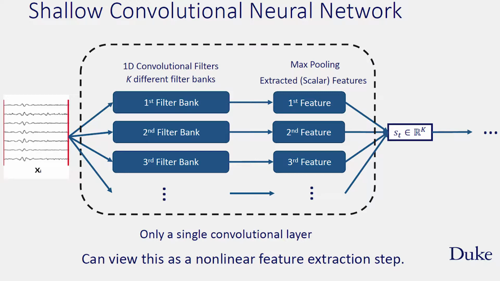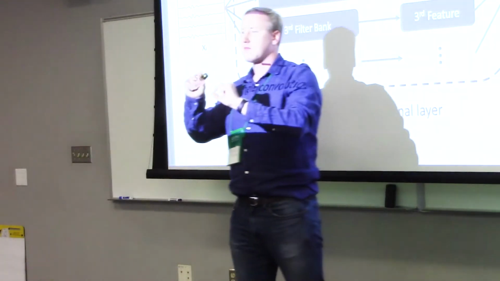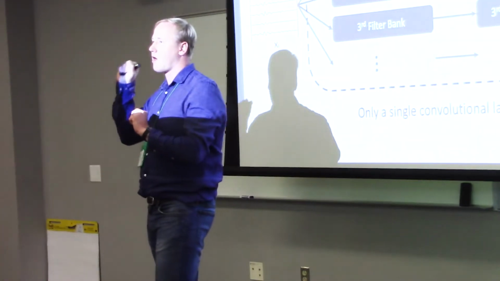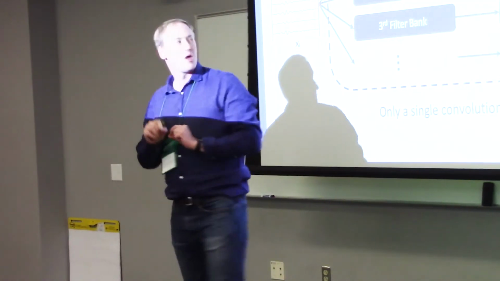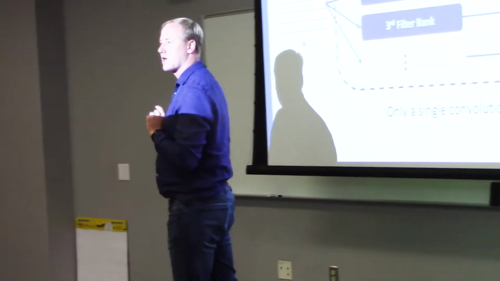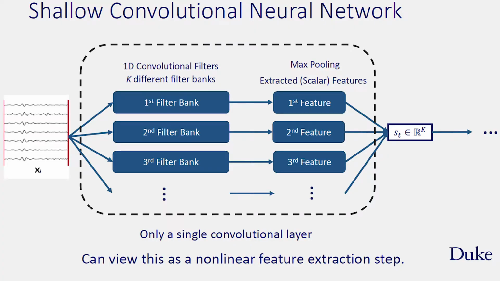From the output of this first filter bank, we do a max pool step, which basically says of the output, we only take the maximum value that comes out of this. That reduces this to a single feature. We have a single scalar feature that comes from our first filter bank, and a second scalar feature that comes from our second filter bank,